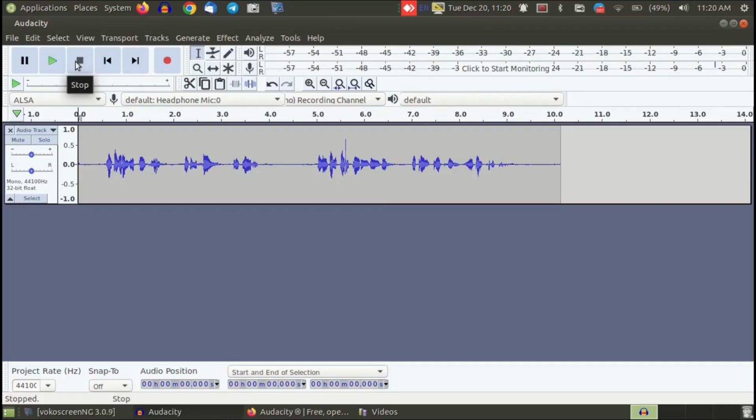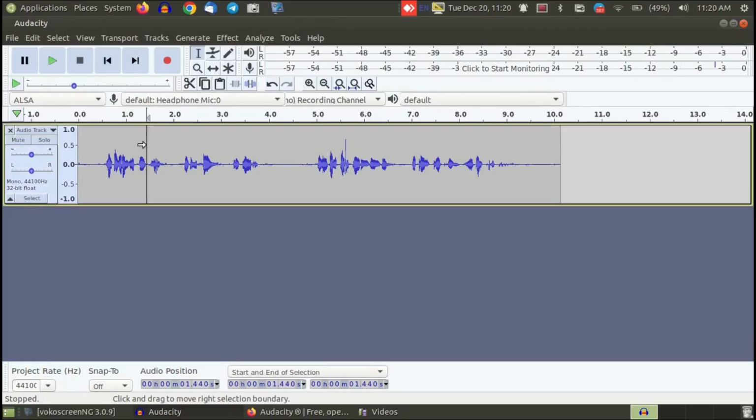To play your recorded voice, you can place your cursor anywhere on the track and click on play or press spacebar. For example, I'll click here this portion and click on play. Now that is being recorded. To stop the recording being done,